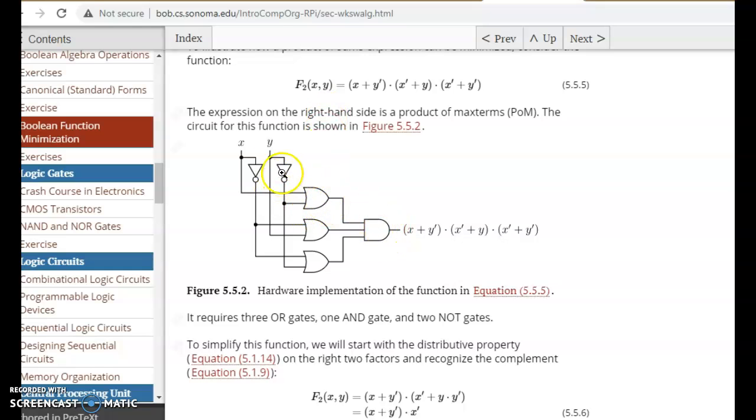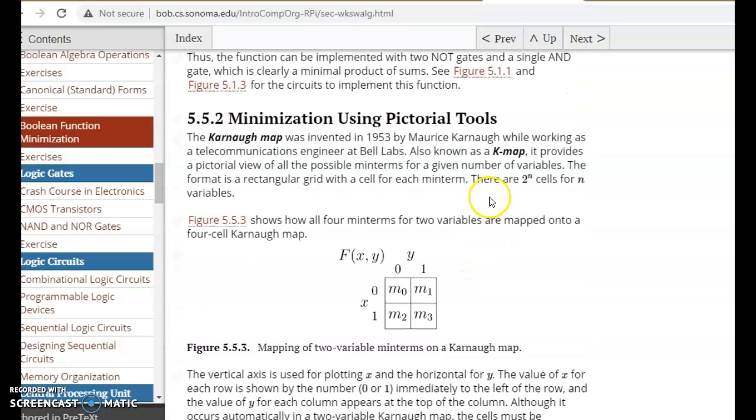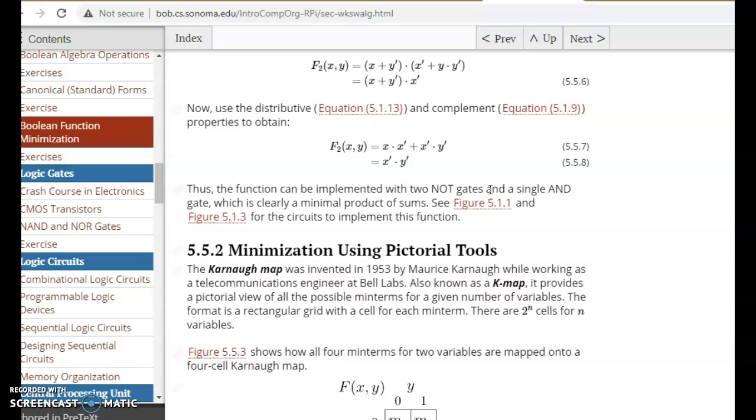So we draw this gate. Each one of the possible values is represented by those OR gates, or sums. And then we combine all of those using a product, which is an AND gate. And you can see x plus not y times not x plus y. And so this is a pictorial representation of this equation. So once we get into pictorial representations of equations, then we can work on minimization, which is what the Karnaugh